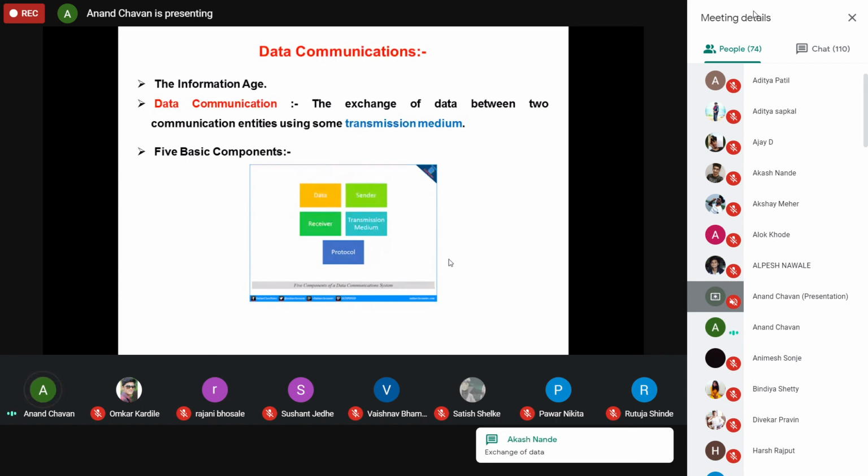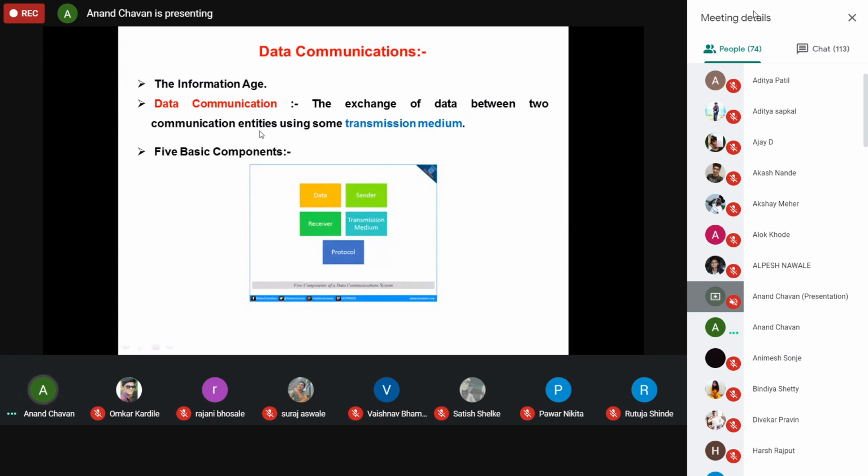Okay, the same thing can happen here. Just see the actual definition of data communication. Data communication is nothing but the exchange of data between two communication entities. Means data can be transferred from one machine to another machine by using some media, which is called a transmission medium.